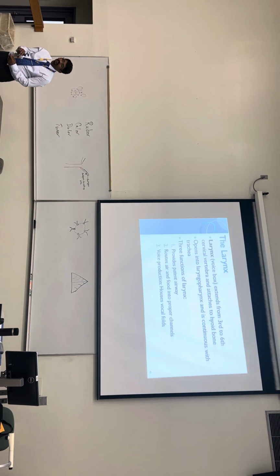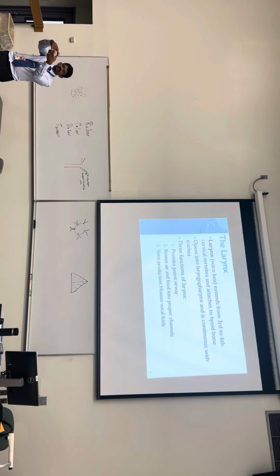The rings are further down. Cartilage, right? So it's the cartilage in the larynx that makes sure it's open. When we talk about the trachea, there too it's going to be cartilage. Technically, on top of the larynx there is a bone, sitting right on top: the hyoid bone, right? But it's the rest of it which really forms the crux of our larynx. It's cartilage. The main one, the Adam's apple one, is the thyroid cartilage, and the one below it is the